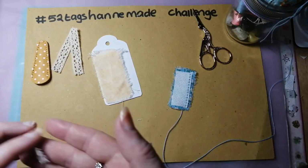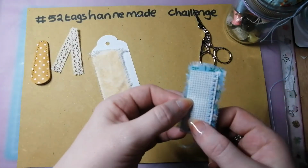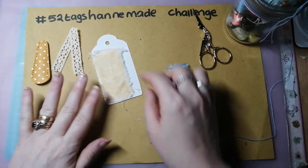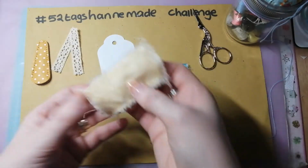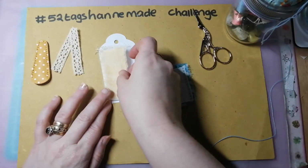I love that, it's gorgeous. And I found a bit of Aida, which is cross-stitching material with the holes in, obviously makes it easier. This is actually an old bed sheet. It's like a yellowy colour, almost a yellowy orange colour. So my plan is to pop that on there,